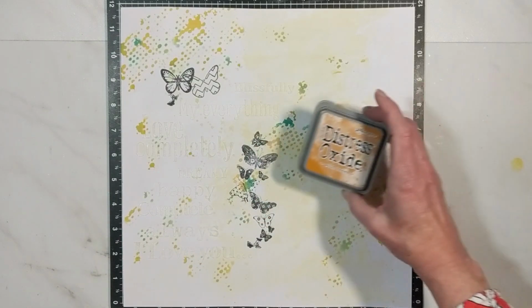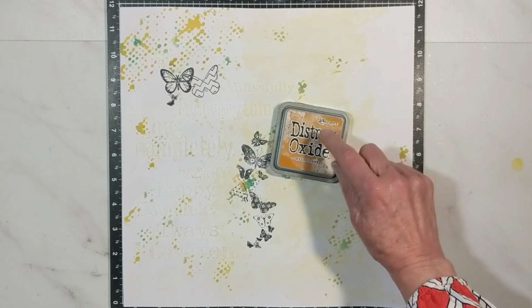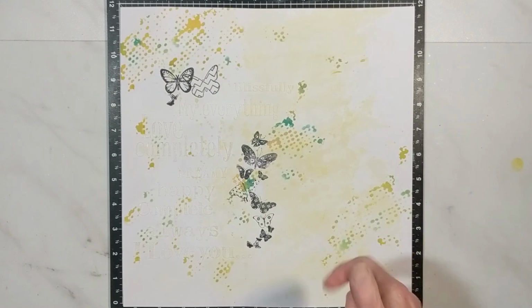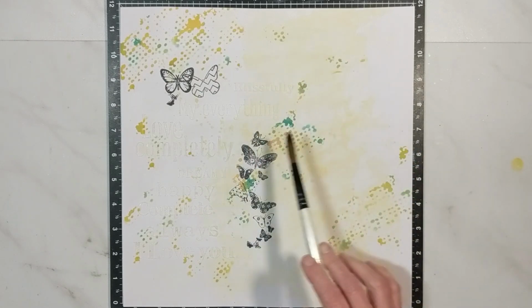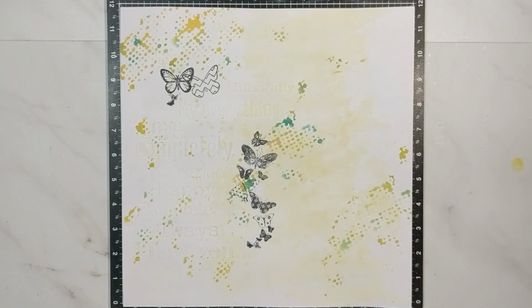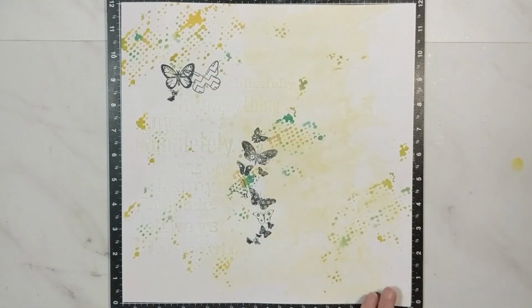What I did was I smushed some of the Distressed Oxide Wild Honey on some packaging, added a little bit of white, I'm sorry, my computer's going off. I used some white acrylic paint, just a tad of each of those colors. And then I squirted a lot of water on that packaging tape. Then I used my number 12 round brush and picked up the paint from the packaging and gave it a light brush stroke on my paper, okay? Then I took a paper towel and dabbed it up and I came out with this beautiful chiffon yellow